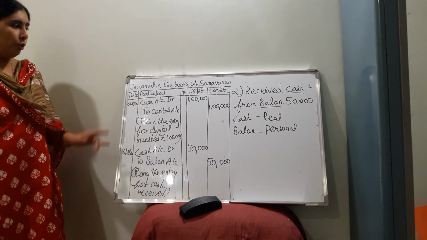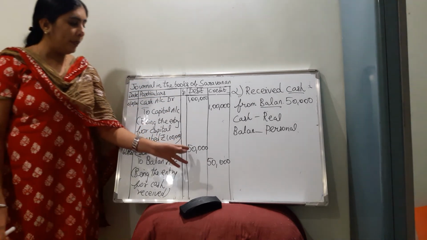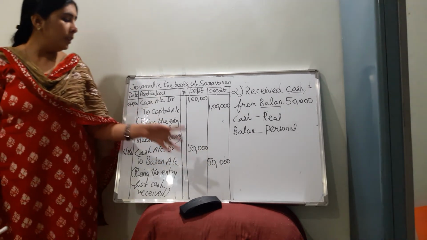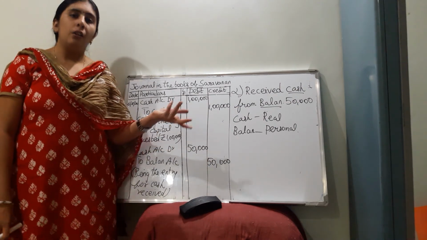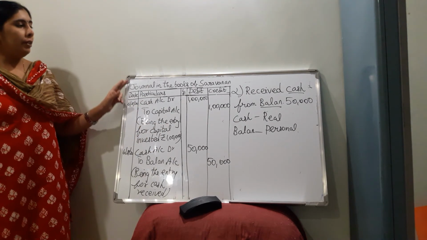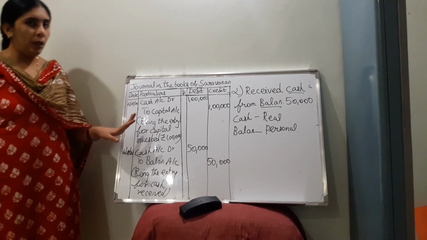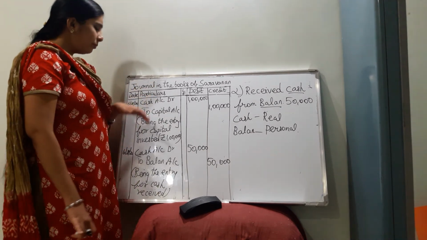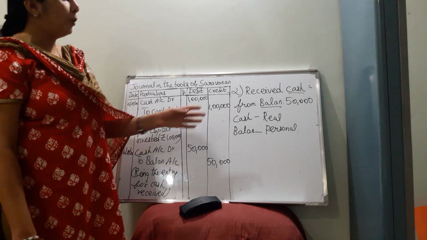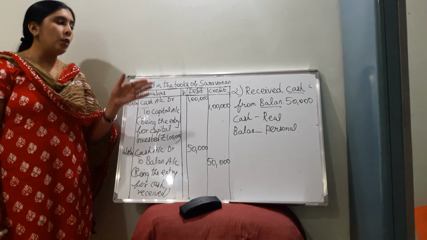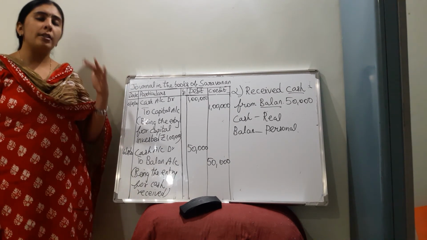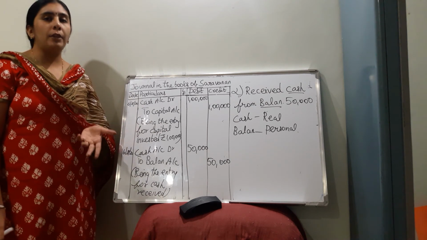One more important point to be noted. The same amount should be debited as well as credited. If you give a different amount, or if you leave the column blank without filling the amount, then you will not get the full marks. So always it is necessary for us to see whether we have mentioned the heading. If date is given, you can mention the date. If not, you can just leave it. And the entries according to the nature of the transactions. First, it will be better if you classify the transactions on the basis of personal, real and nominal. Later on, when you go on with doing many sums, you yourself will automatically know the classification of accounts.